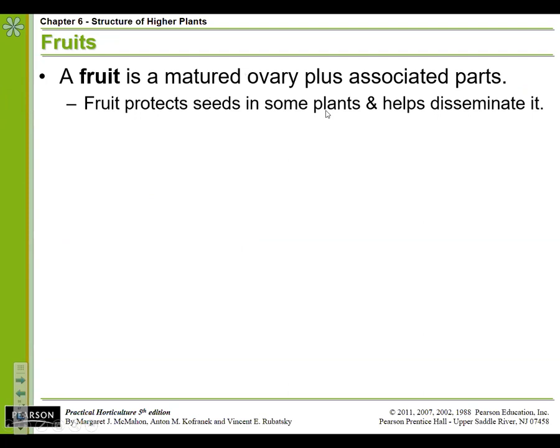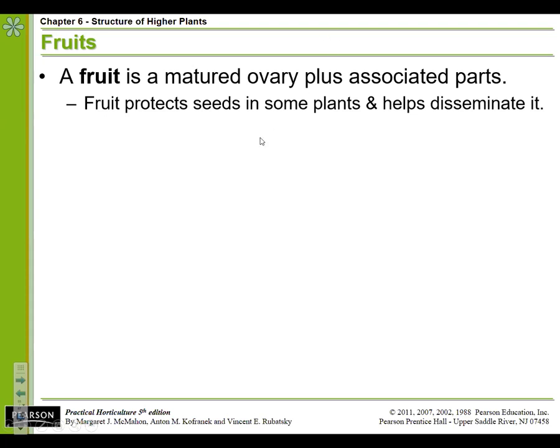Male flowers, of course, are creating the pollen. Female flowers are receiving the pollen and connecting that to the ovary. So the fruit itself is the matured ovary. So once that pollen grain touches the stigma, which is the receptive part of the female plant, the pistil, it sends this pollen tube up to accept it. And then once that pollen grain reaches the ovules, the individual ovaries, the whole thing begins to swell, and it